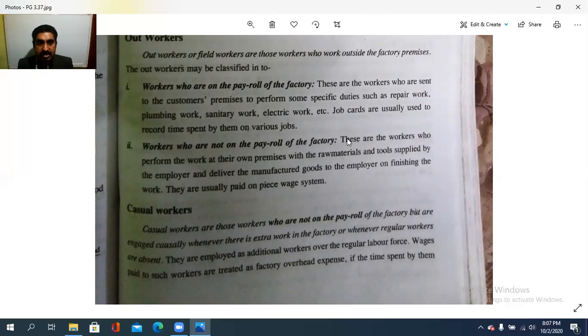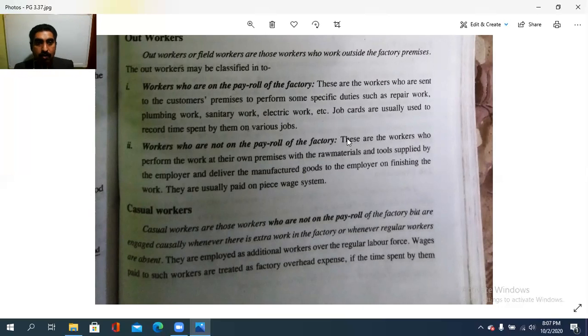These are the workers who are sent to the customer's premises to perform some specific duties such as repair work, plumbing work, sanitary work, electric work, etc. Job cards are usually used to record the time spent by them on various jobs, while workers who are not